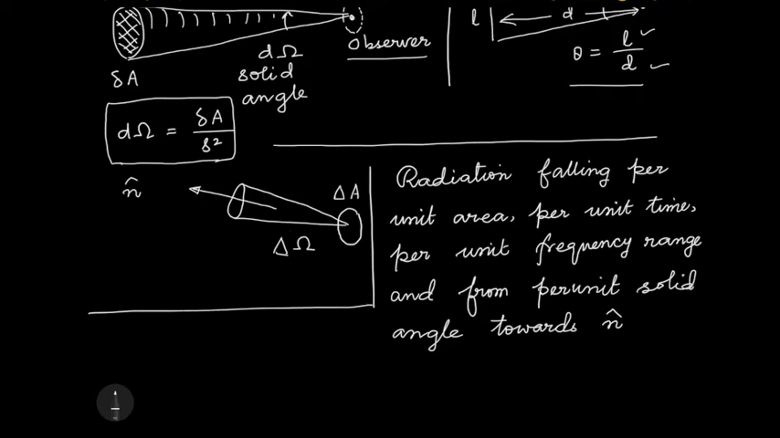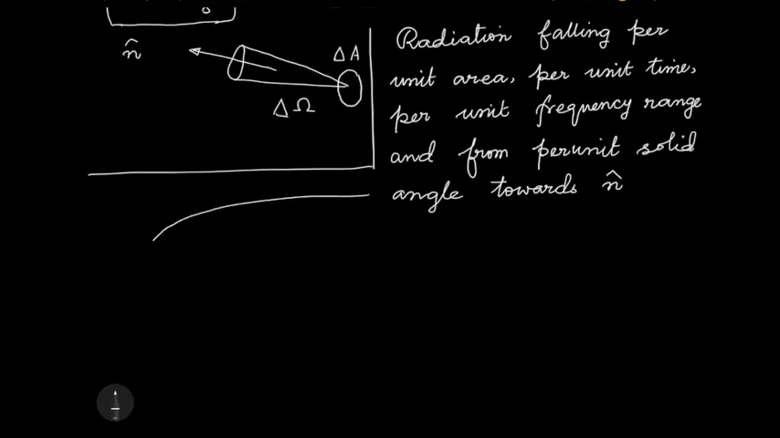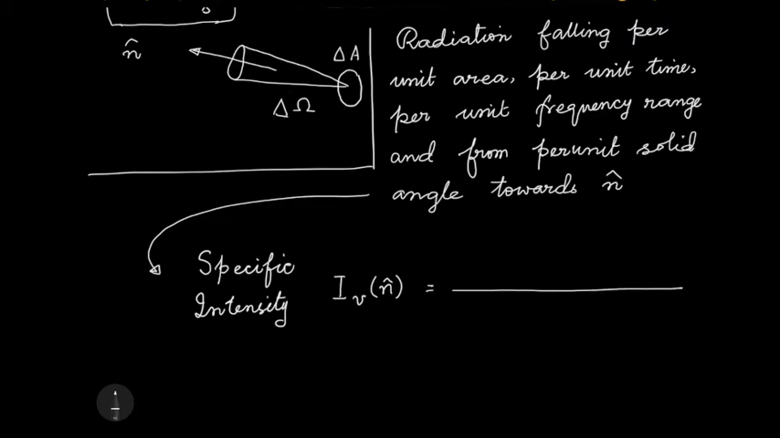So I say towards n cap, because that is the direction I want to look at. This quantity is called specific, again for the same reason of per unit frequency range, specific intensity. It's written with a capital I, and remember that it's a function of the direction you are looking at. So this is the radiation falling. We can write observed,